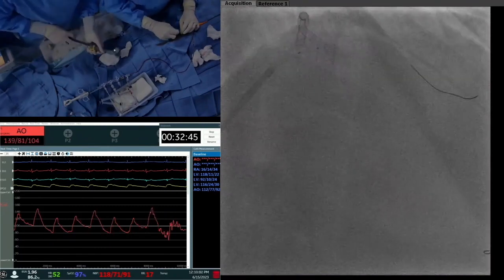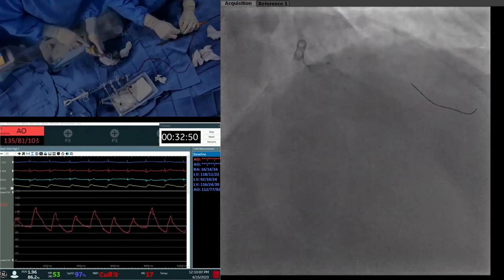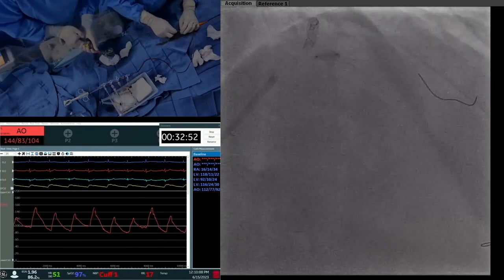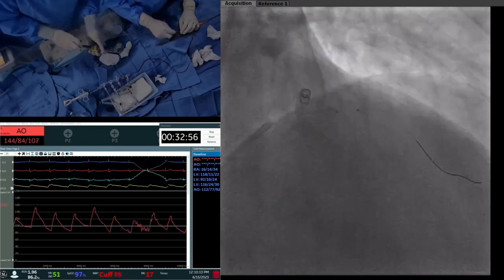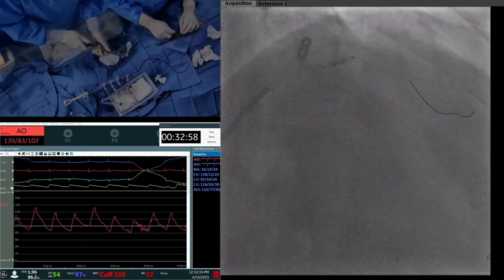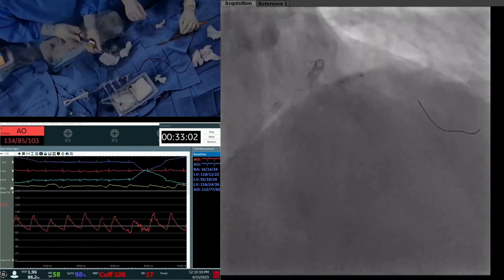Is it quite in the ostium here, or do you need to go up? Yeah, now we are in. Yeah, now you are. Now you're good. After this, since the lesion is long, we are going to take care of that also. And after this, we'll do a,